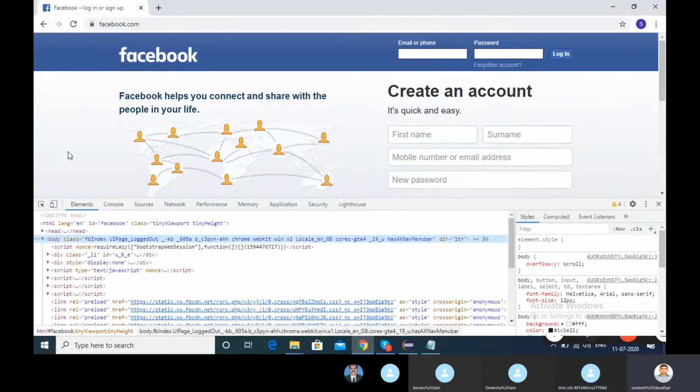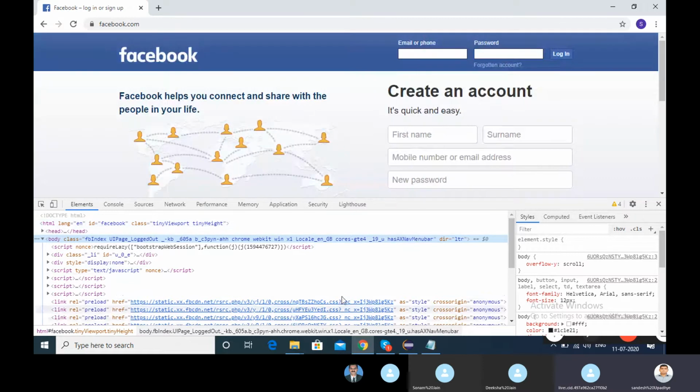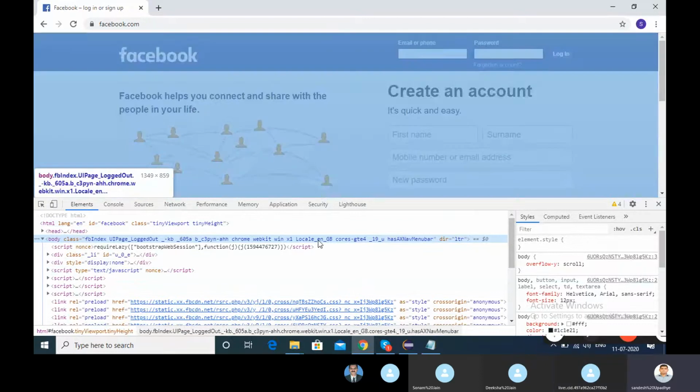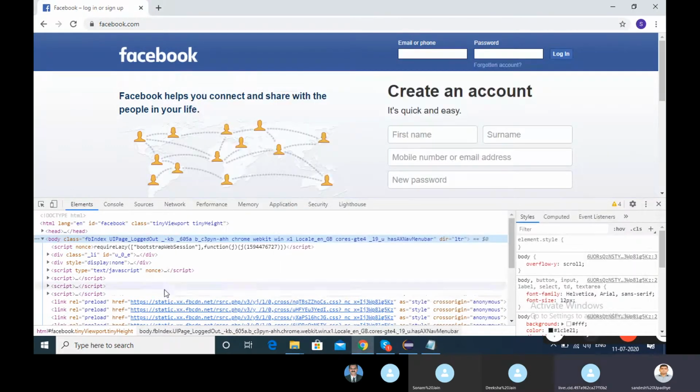Now what I'm trying to tell you, these are the document object model. These are the CSS file which the developer has created. We want to work with this CSS file, this document object model or this DOM to inspect our element. As I told you, this locator we want to find here itself, whatever control we want to work with.